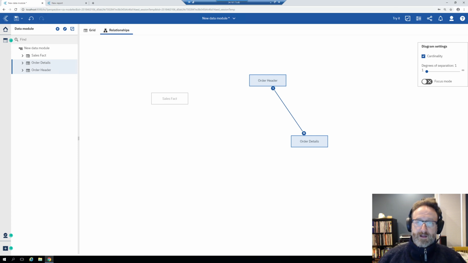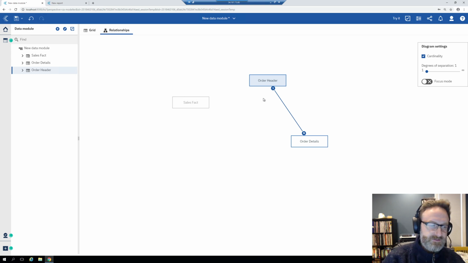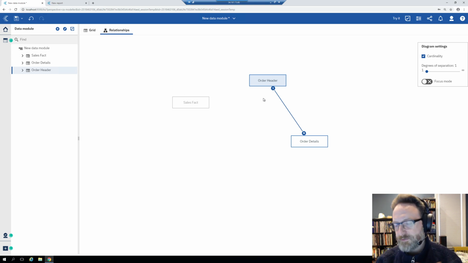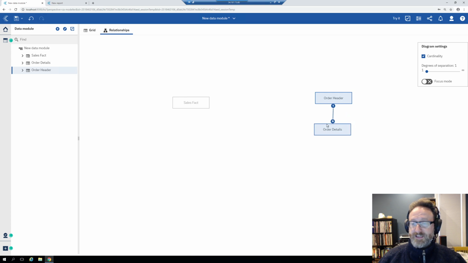So any joins I'm going to do from this point forward, say I want to join sales fact to a dimension, I'm going to join at the level of the sales fact view, rather than joining order details to one dimension and an order header to a different dimension. Now that I have combined these into the sales fact view, I'm done with them. So I literally set them aside on my view here, and then I moved the sales fact table next to them